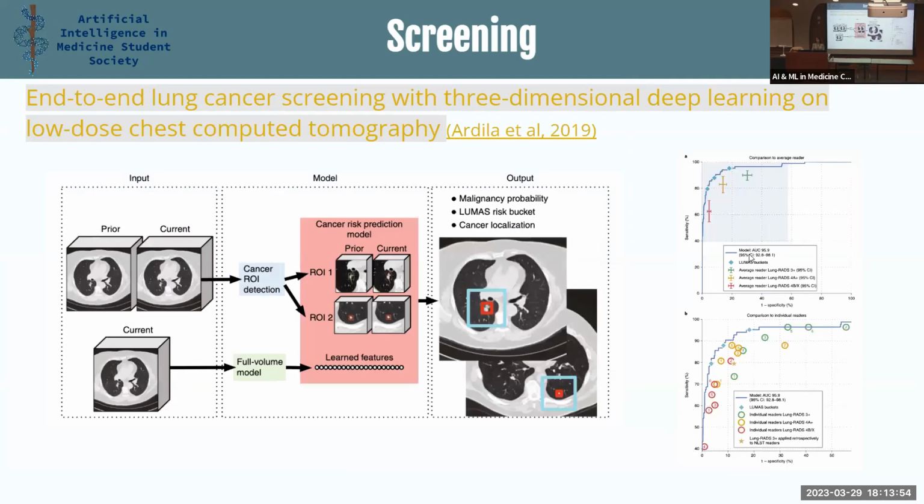A similar thing was used for detecting lung cancer. High-risk individuals who are smokers undergo screening, so CT scans of the chest, because they're at higher risk of getting lung cancer. And again, these are people who don't have any symptoms. They're just people who are high risk. We do these CT scans on them to see if they have cancer, and radiologists spend lots of time looking at these screening CT scans. So having some sort of machine learning model that can do this in place of a radiologist can be really helpful in our system.